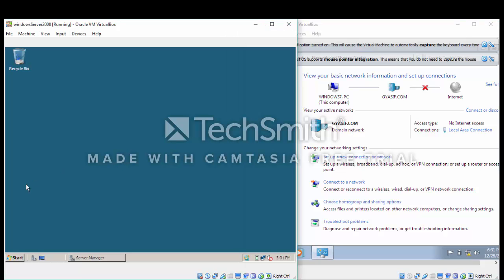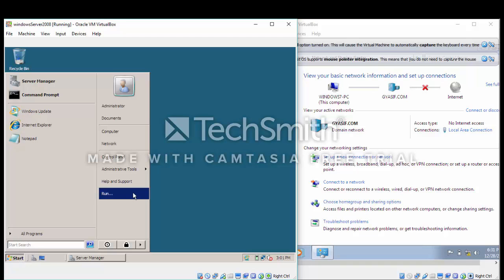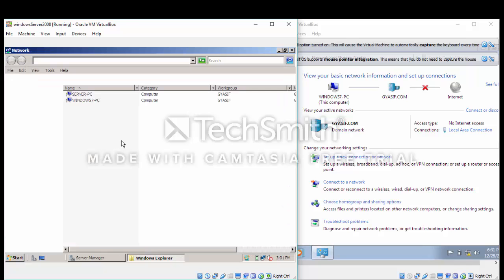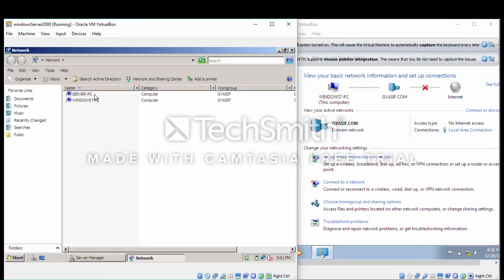All right, we'll go on to the server. We're gonna go on network. We are seeing the two PCs, the server PC and the Windows 7 PC, and it's under Jassy4F. So it's now connected to the domain. All right, so the two clients. So that's it for